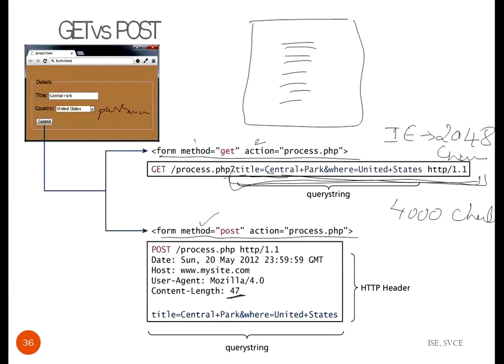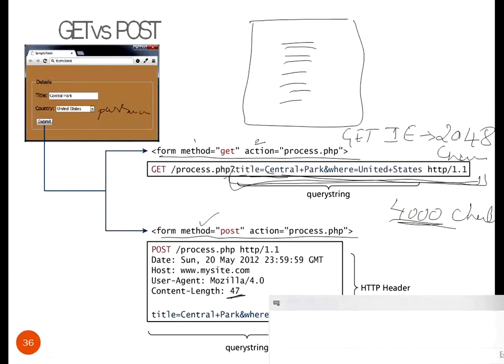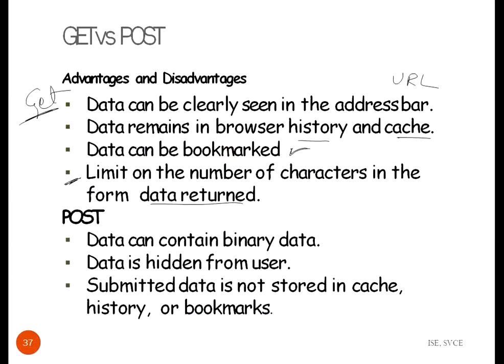If it is Internet Explorer, there is a limit, and this is for Apache web server. You should know what a URL is and all; these are basic things, so I'm not explaining all of those. URL is Uniform Resource Locator, the address used for opening any of the web pages.